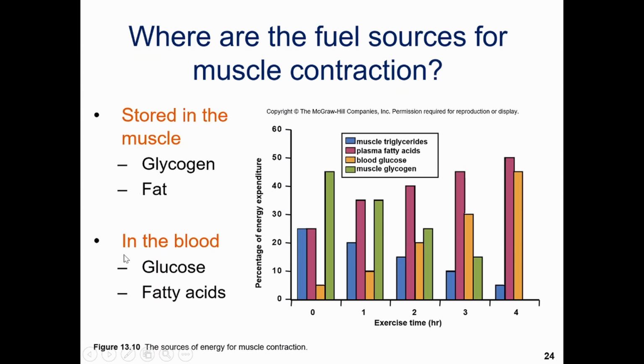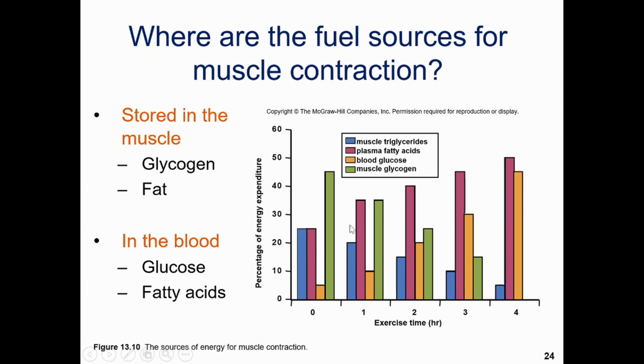In the blood, same kind of breakdown, except we have free-floating glucose, which is a simple carbohydrate, and fatty acids, which come from lipids. Now, when it comes to using carbs versus using fats, it really comes down to how long are you exercising, how long are you using those muscles. So let's look at this chart over here where we have how much time you're spending exercising in hours, so 0, 1, 2, 3, 4 hours,